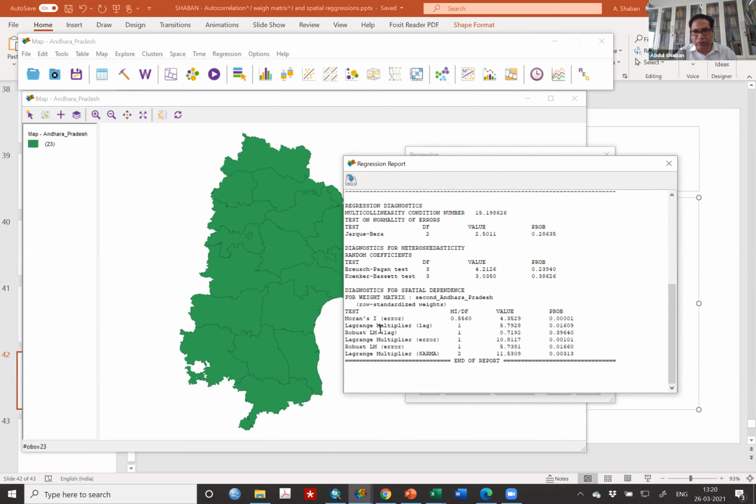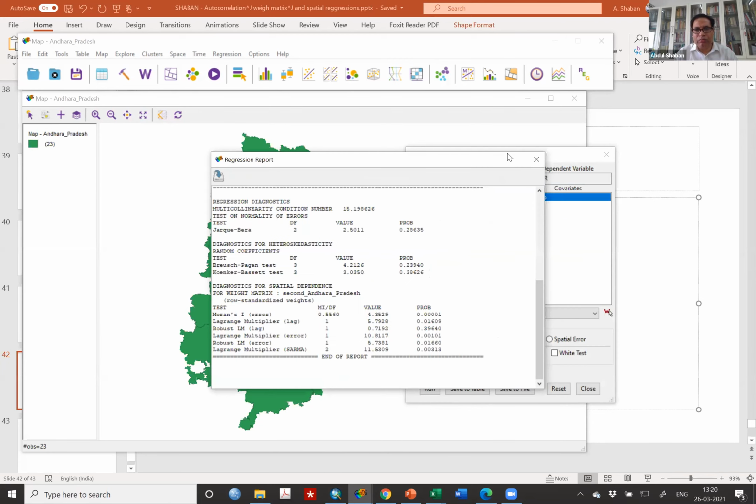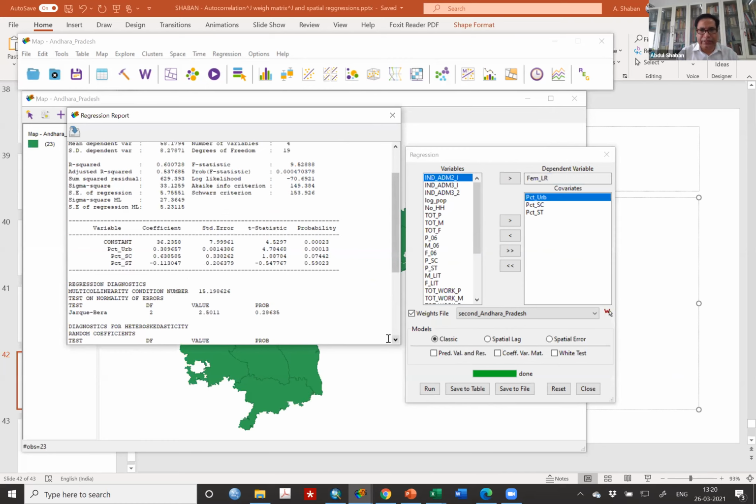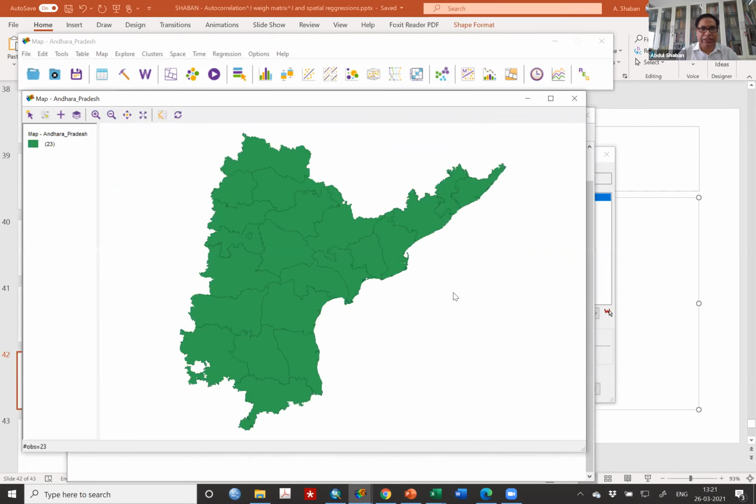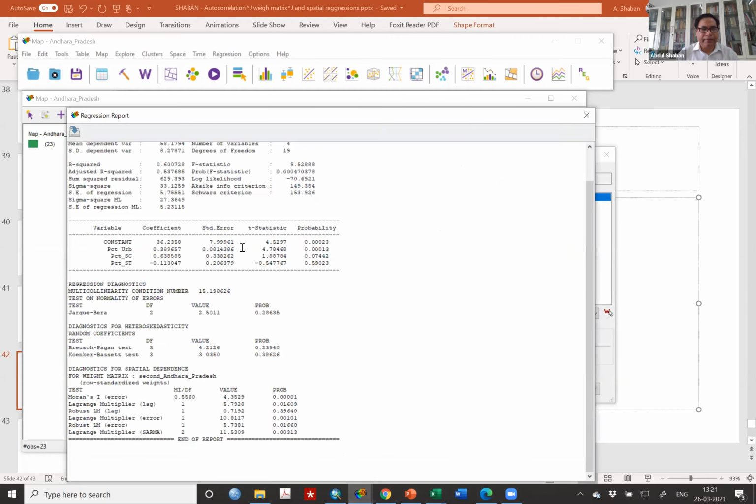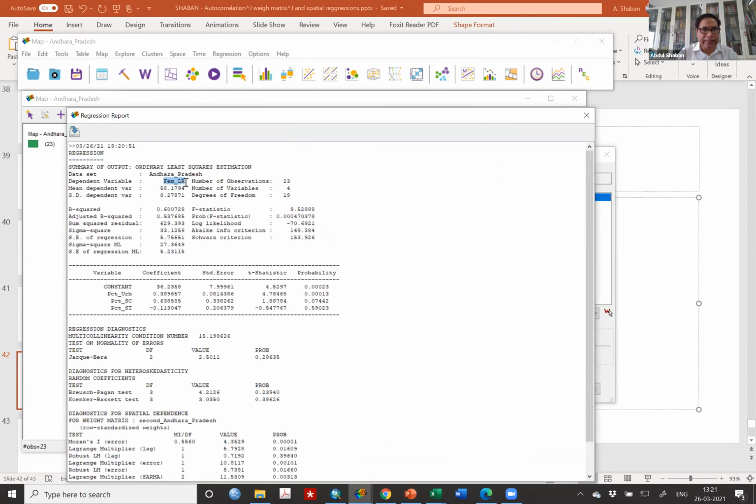Look at this value here. Instead of the female work participation rate, I have just changed the variable. The dependent variable is now female literacy rate, dependent on urbanization, percentage of SC and percentage of ST population. Assuming this is my model, female literacy rate depends on the urbanization rate and on whether the SC and ST populations are situated there or not.